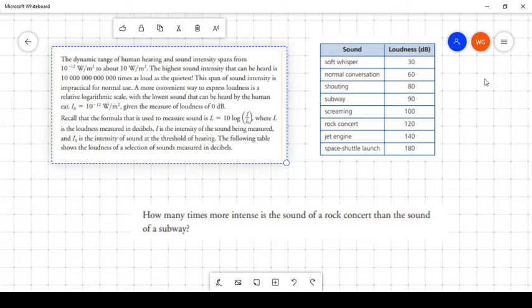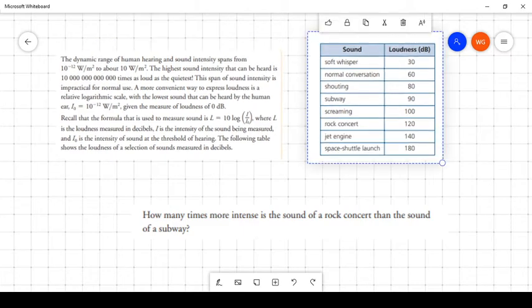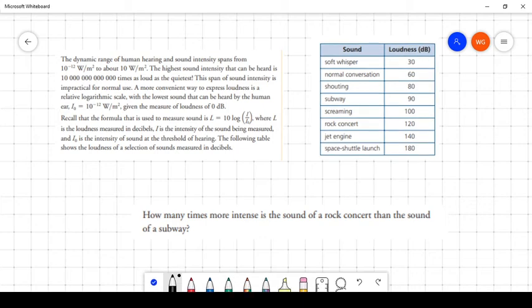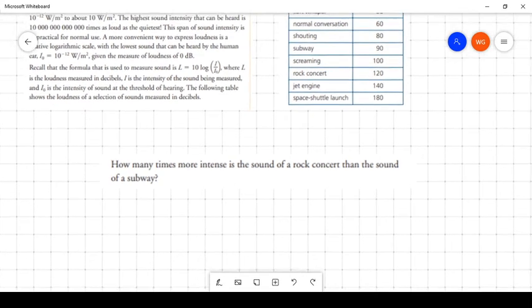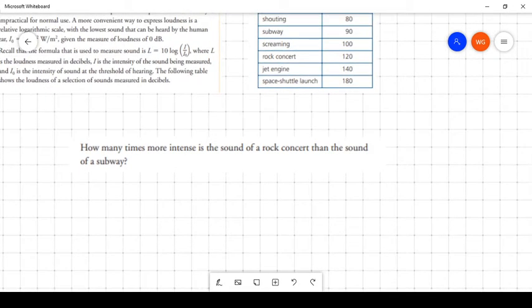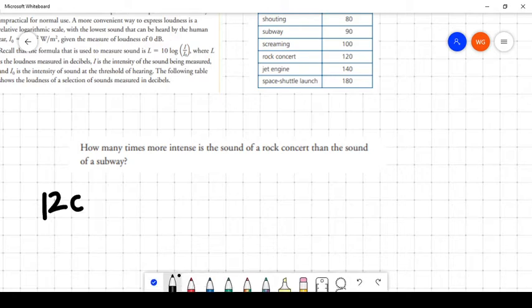So this brings us to a typical type of logarithmic decibel question, which is: how many times more intense is the sound of a rock concert compared to that of a subway? Watch how we do this. We just apply our formula, and it's a fairly straightforward proposition. A rock concert would produce a decibel reading of 120. So its loudness is 120, which is equal to 10 log